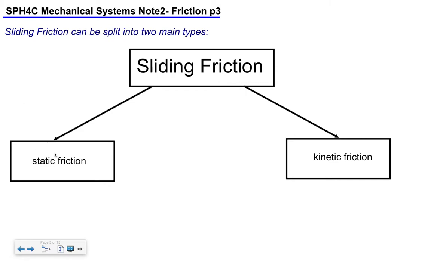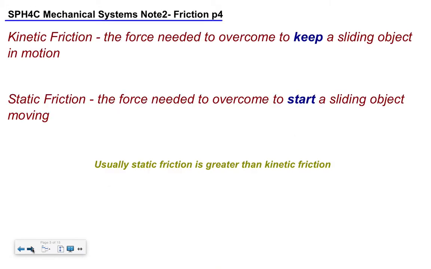And that really is the difference. Static friction is that bit you need to just get it started. And kinetic friction is the force you need to keep it at a constant speed, just moving along. So, kinetic friction is the force needed to keep a sliding object moving. It just means that if I want to go at constant velocity, and the frictional force is 100 newtons, I need to apply 100 newtons to keep it going at constant velocity. If I apply 80 newtons, then I'll start to slow down.